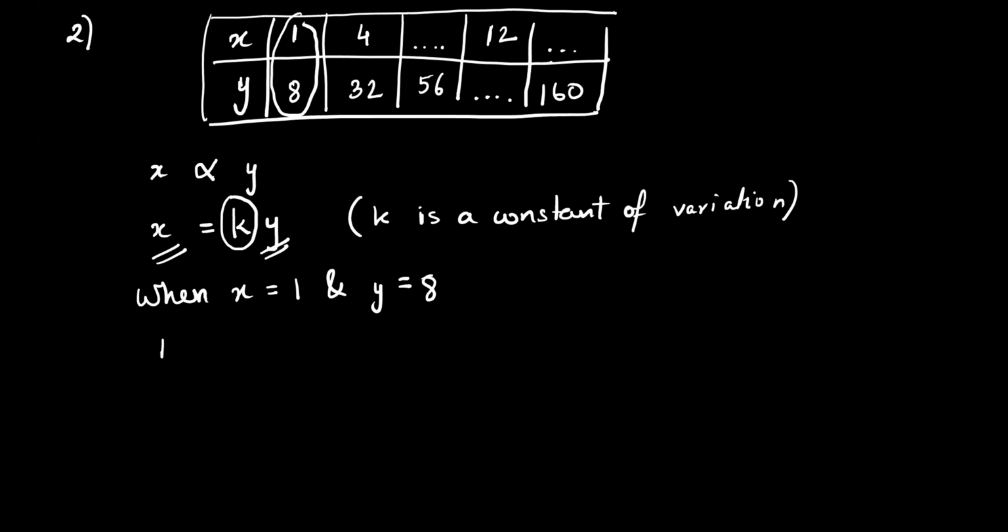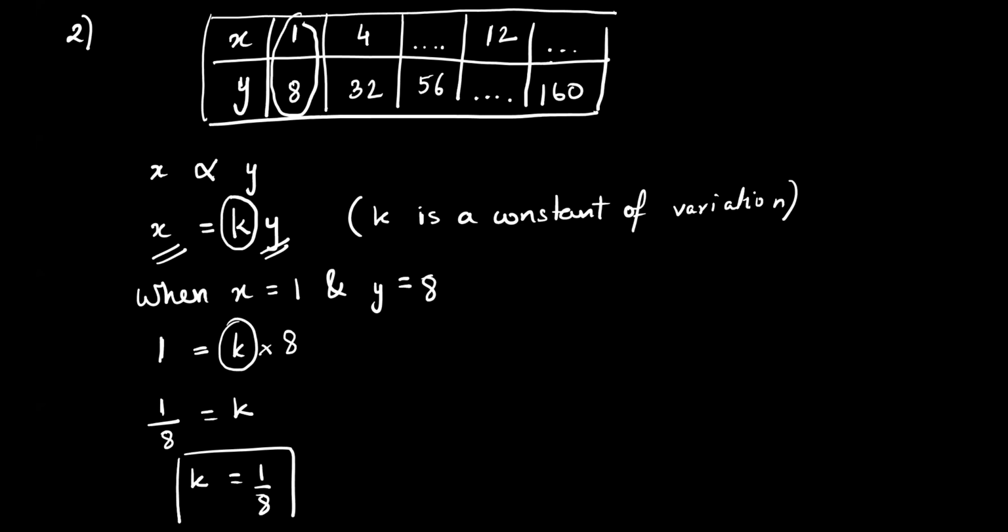Okay. So let us substitute both of them. In place of X I'm going to write 1 is equal to K, we do not know, into, in place of Y, I'm going to write 8. So if I want K, do you agree this 8 which is multiplying will go over here and divide? It will become 1 upon 8 is equal to K. Or I can say K is equal to 1 upon 8. We have gotten K's value. Right? So far these values we have not got. But we have gotten the value of K.